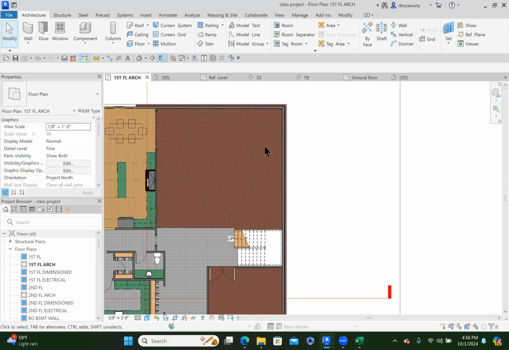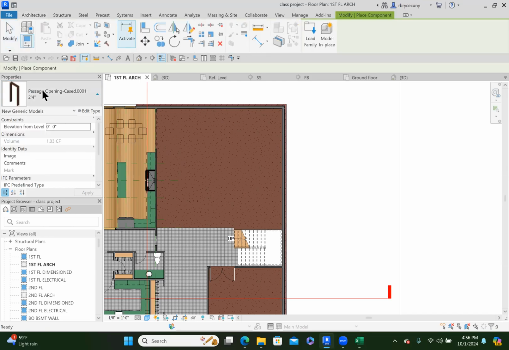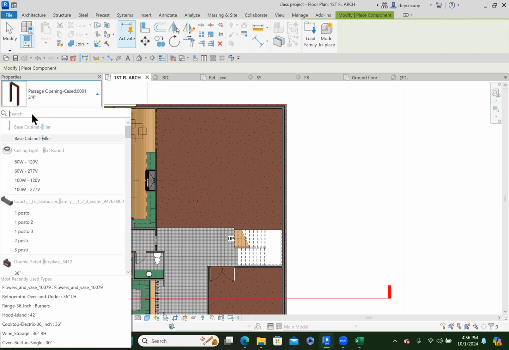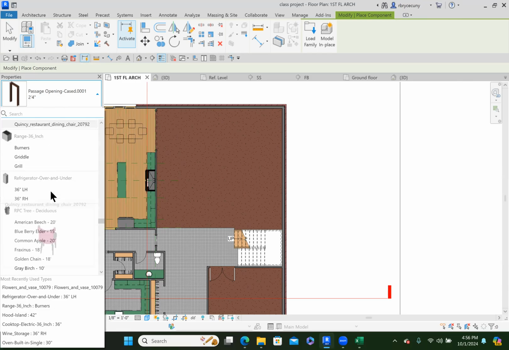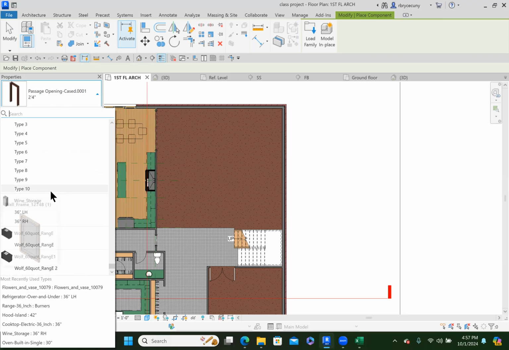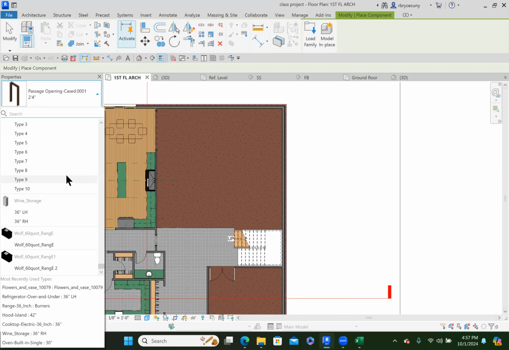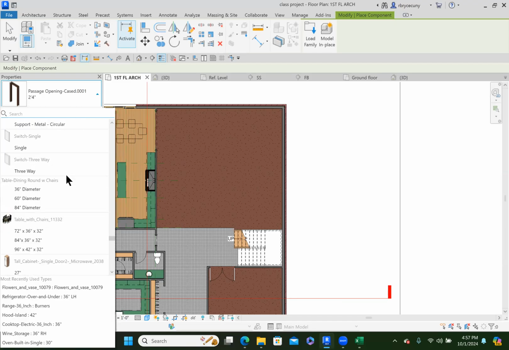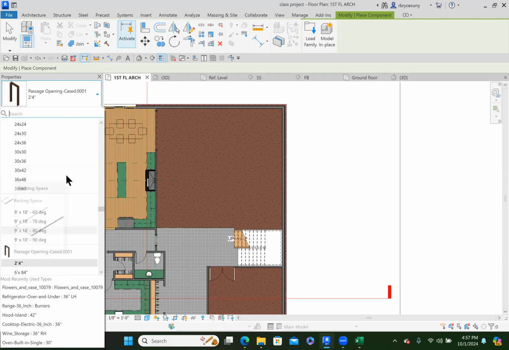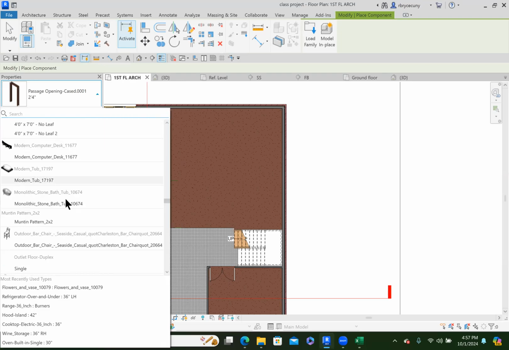So I'm going to put in a fireplace now. Architecture component. Let's see, FP, do we have a fireplace? Doesn't look like it, so we'll just go through. I might have to go back to Revit City. Scroll through your library, which is loaded on your template on your project. You have all of these items to select from. Doesn't look like there's a fireplace. So we'll go back to Revit City and we'll pick one. It's a wonderful source of